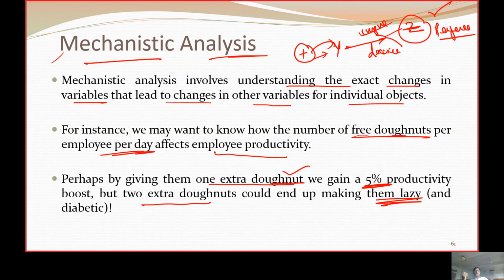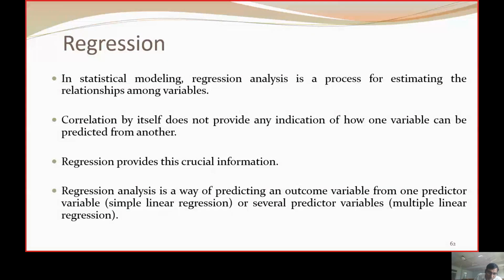So it is a little bit psychology oriented, where how much he eats, he has to work. If he is given additional eating content, obviously he goes for sleep, so that brings him laziness. So the thing was, the employees are given free donuts in the company, and they are working towards productivity. Of course, if they add one more donut, it is going to cost the company. That is agreed. But along with that, the person adds a lazy factor, and it is affecting the performance. So that is where this mechanistic analysis was taken up.